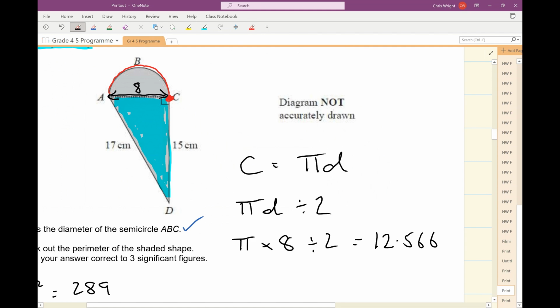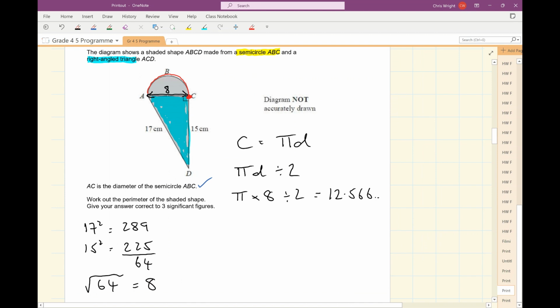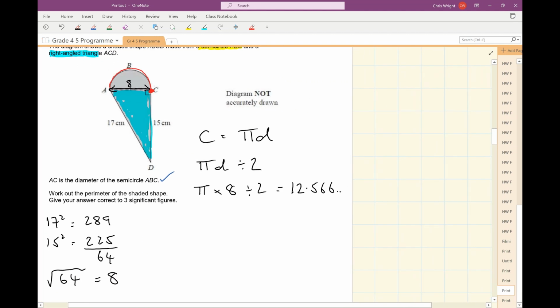And so on. So is that the question done? Let's have a look. Work out the perimeter of the shaded shape. So I've got to walk all the way around the shaded shape, haven't I? So it's going to be the 15 plus the 17 plus the